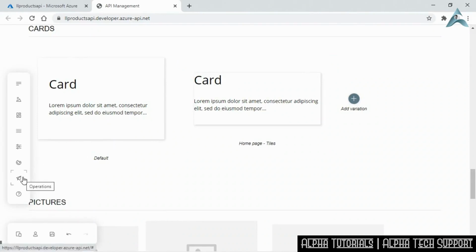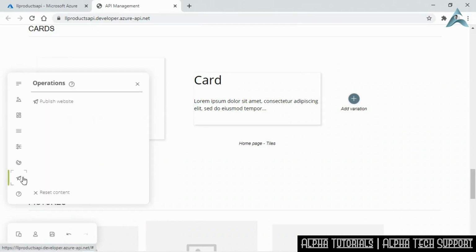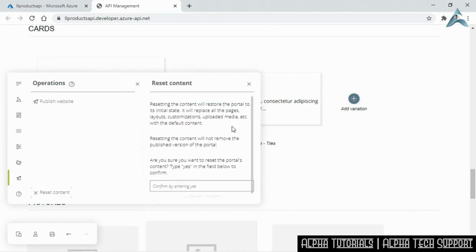And finally, we have the operations. Here, we can either decide to publish the website or reset the content. As you imagine, publishing the website would make these changes live, as well as save them at the same time. But resetting the content will return our website to its default state. So all the changes that we made would go away. If you don't want to publish the changes, then you can just use the save button here. This will save our changes without publishing, and whenever we are ready, we could publish from here using the publish website,